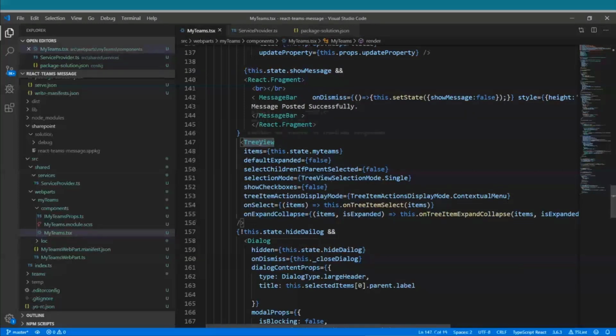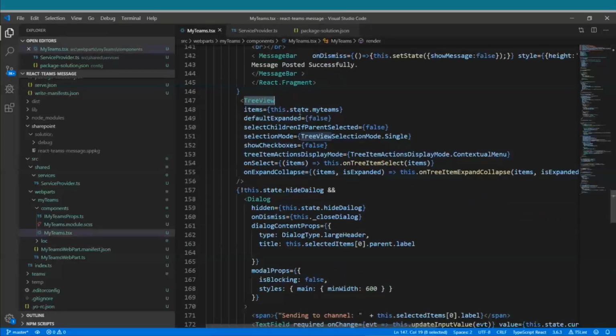It was developed by Nandeep and me and contributed to the PnP React controls library. So it's always great to use a control which you have developed in your web parts. This tree view control takes the data in a particular format, and there are configurable options to display the children, parents and everything.